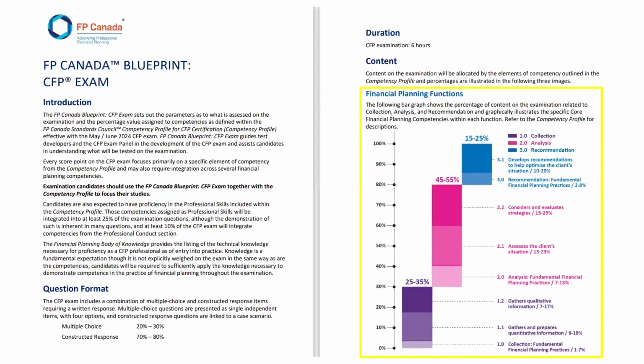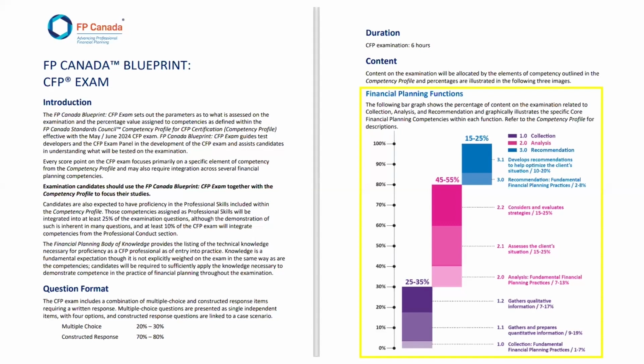The CFP exam blueprint details a range of weightings used when creating our exams. Each question on the exam tests competency statements from the competency profile, so it is tied to a function and a financial planning area and is given a complexity assignment. For example, if a question asks you to determine the client's cash flow shortfall in the event of 12 months of disability, this question would involve an analysis function in the insurance and risk management area and may be assigned a moderate level of complexity depending on the extent of the information being analyzed.